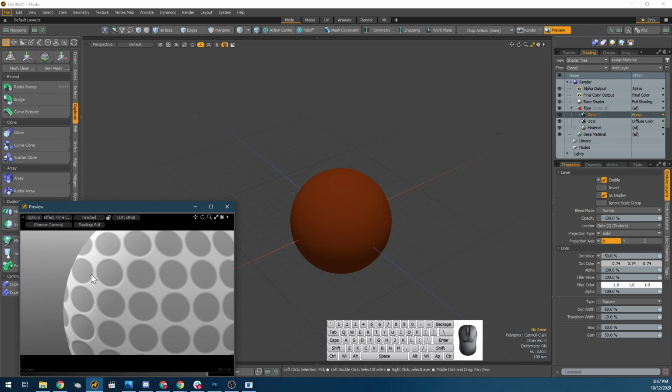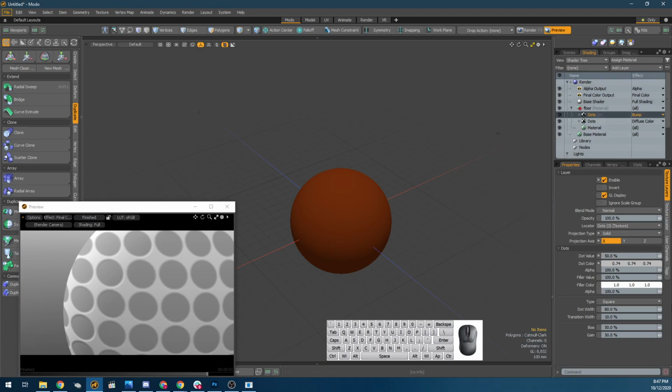However, it looks like a part of this is sticking out or bumped out of my surface. If I go back to this layer and I change my dot color back to black and 0, you should see that becomes a little bit more dramatic